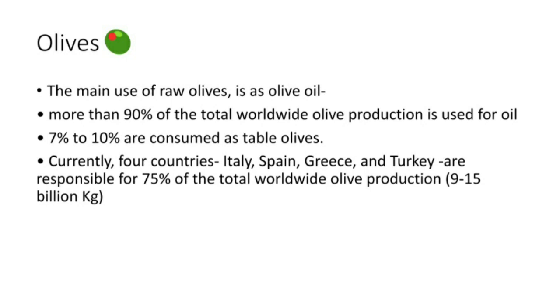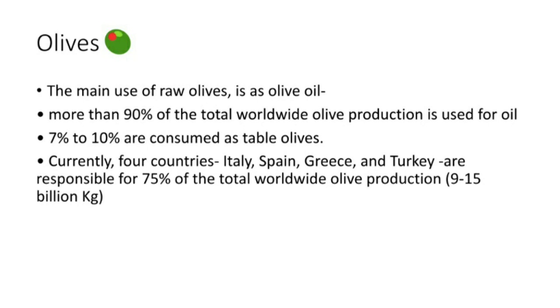vegetables, like olive. The main use of raw olive is as olive oil. More than 90% of the total worldwide olive production is used for oil. 7% to 10% are consumed as table olives. Currently, 4 countries, Italy, Spain, Greece, and Turkey, are responsible for 75% of the total worldwide olive production,